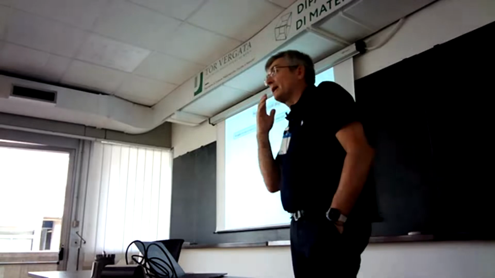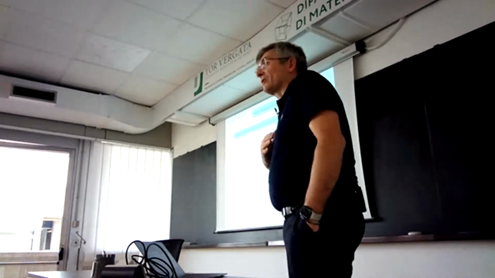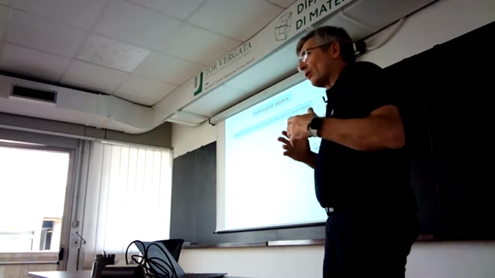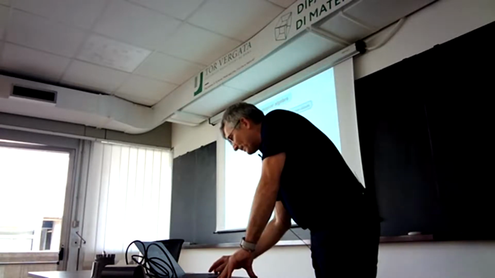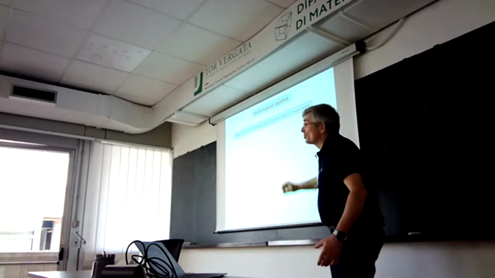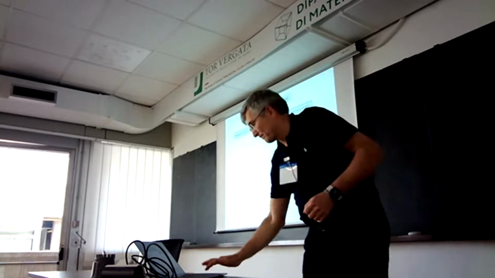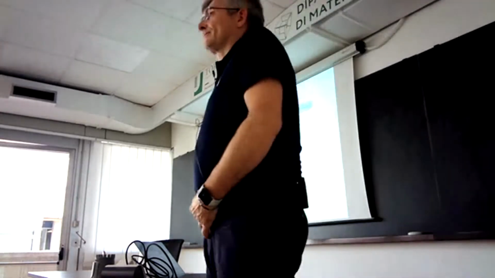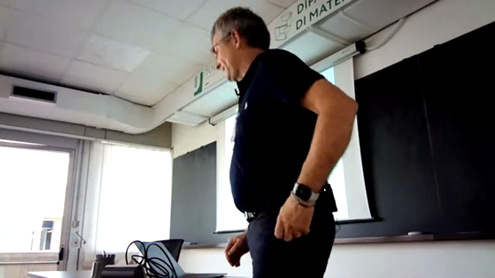I'll try to tell you why I think homological algebra is like this, and I will go through a very classical way of setting up homological algebra. So the starting point of this are these chosen objects. We choose a collection of objects.